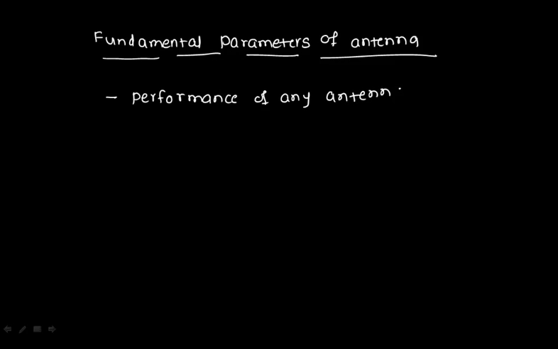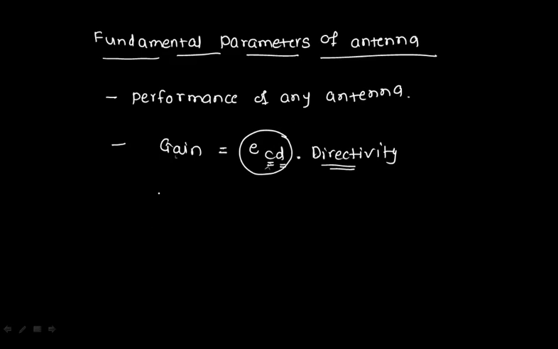Okay? So some of the parameters are interrelated. If you want to find out the gain, suppose I am interested in the gain, how are you going to calculate it? That is ECD, where C stands for conduction efficiency and D stands for dielectric efficiency. So if I want to find out the gain, it depends on the conduction dielectric efficiency times the directivity. The whole directivity will not be the gain. You need to multiply it with the conduction dielectric efficiency. So gain is the parameter which depends on the conduction dielectric efficiency and the directivity.